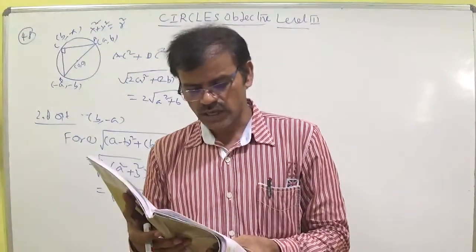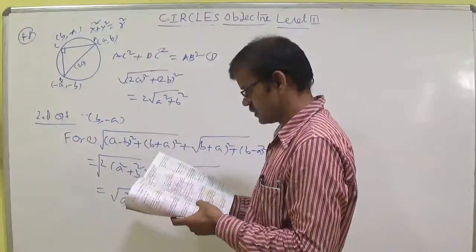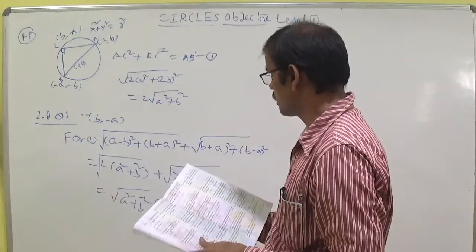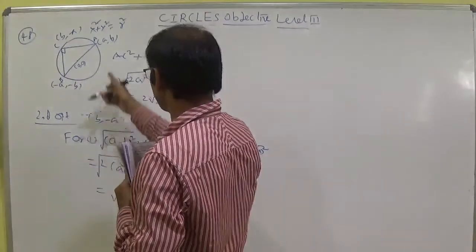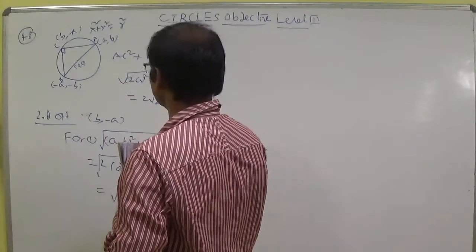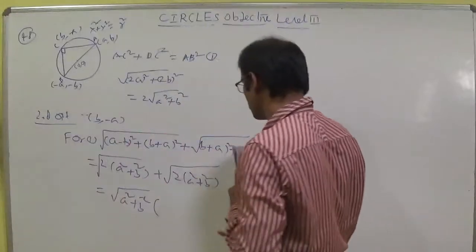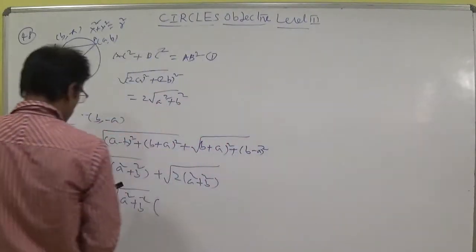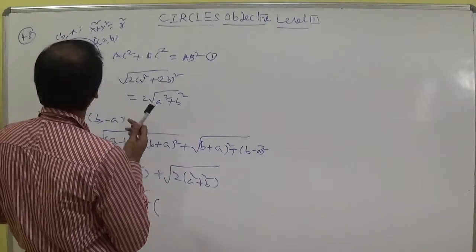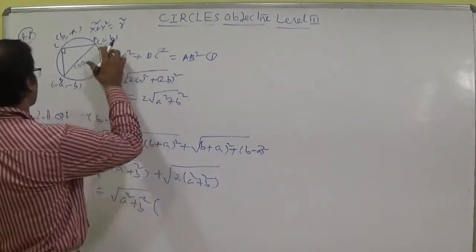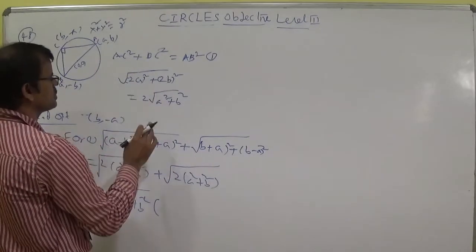An isosceles right triangle is inscribed in the circle; the coordinates of the ends of the hypotenuse are A comma B, and the coordinates of the other vertex are B comma minus A. We should verify B minus A whole square. Of course, no problem. And B plus A whole square, it's also okay. B plus A whole square plus minus A plus B means B minus A whole square. Here the formula: 2 into A square plus B square plus 2 into root of 2 into A square plus B square. Exactly. This formula: A plus A whole square, 2A whole square, B plus B, 2B whole square, 4A square plus 4B square.